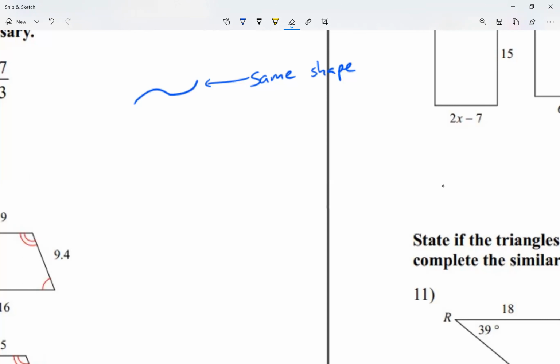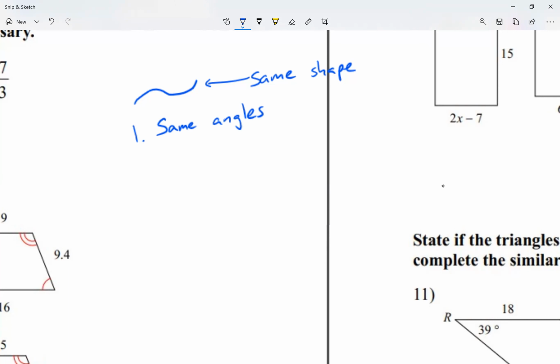Now, there are two things that similar figures must have, so two criteria that have to be met. Criteria number one: if there are any angles, right? Well, there are angles on all the figures except circles. But on all the angles, we're going to say the angles have to be the same. So let me just say it, same angles. When we're talking about angles in the figures, they must be the same